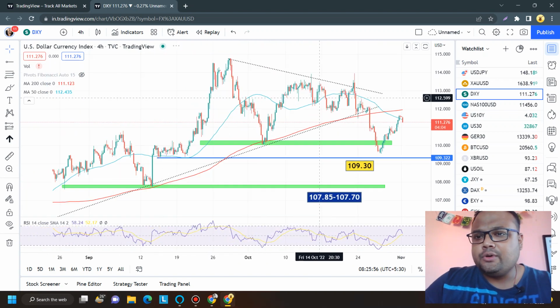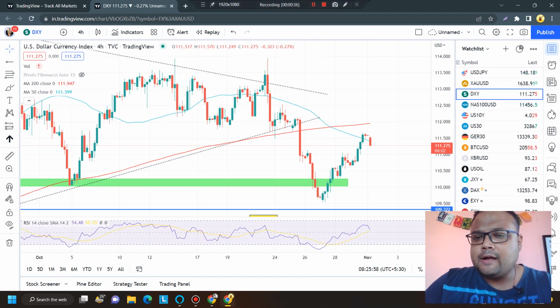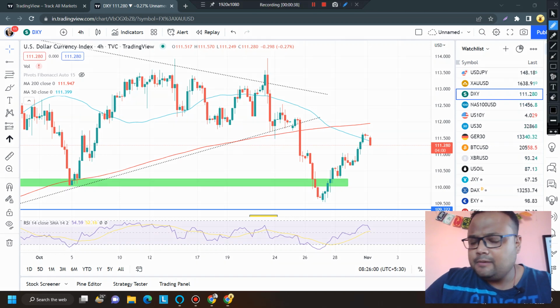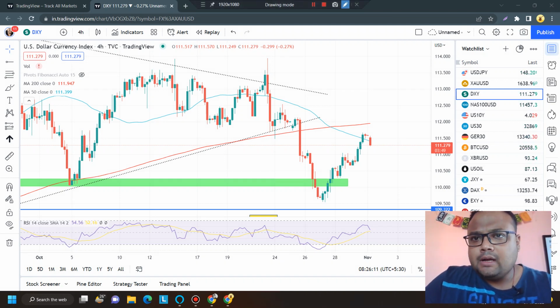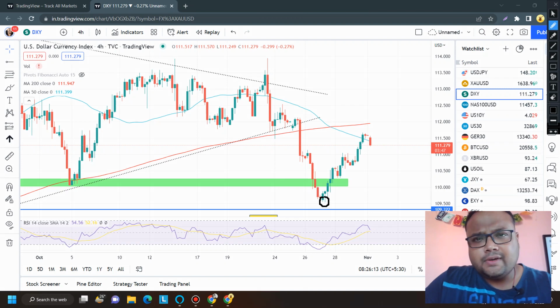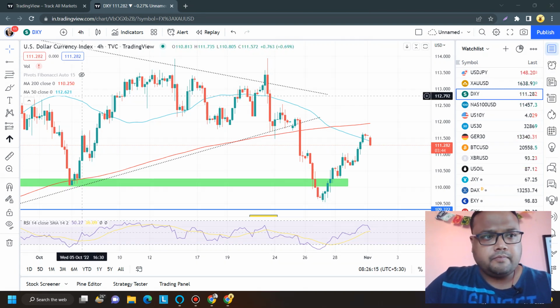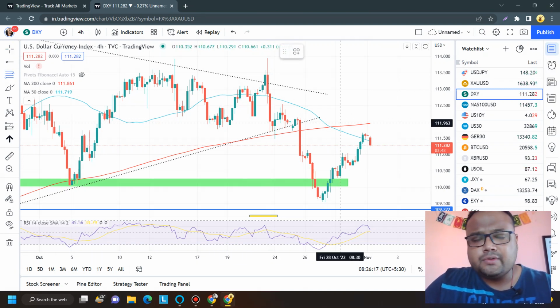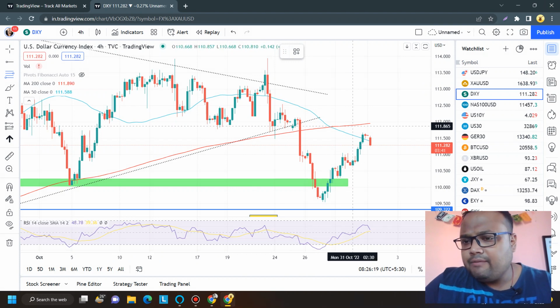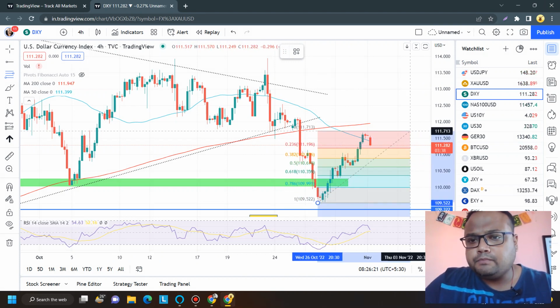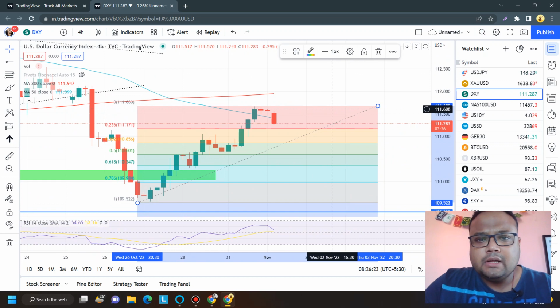So DXY is going up, and right now we are seeing some sort of retracement on the chart of DXY. But overall, after making this high, DXY has shown a good amount of recovery. If you look at the chart now, the DXY is standing at 111.28. So if we draw a Fibonacci here, then